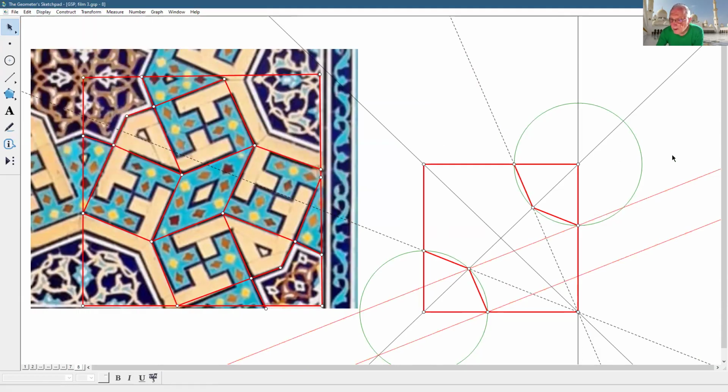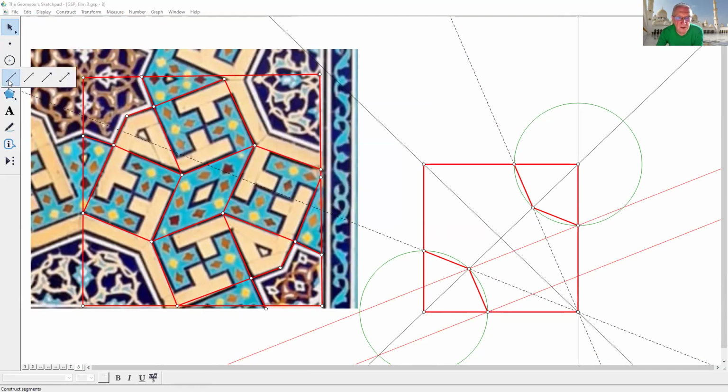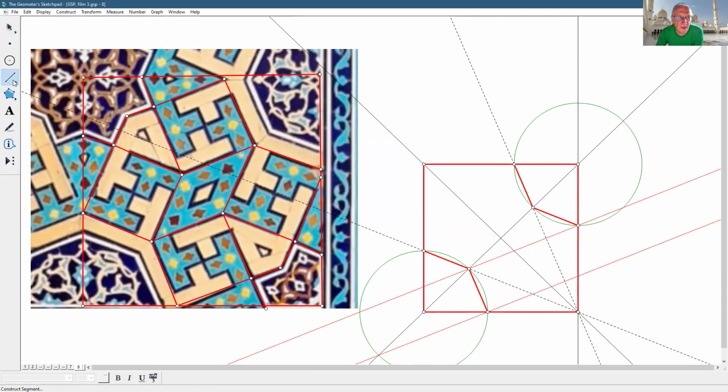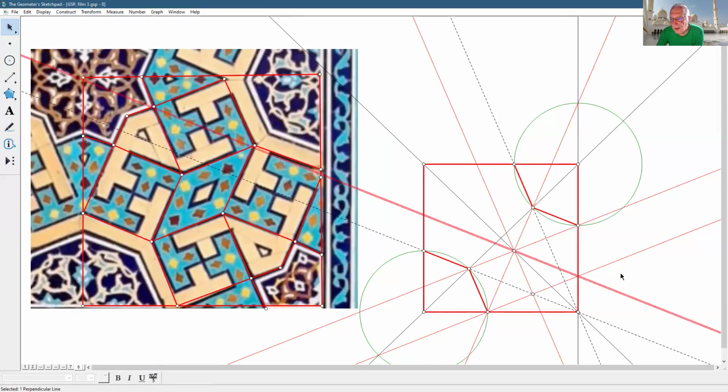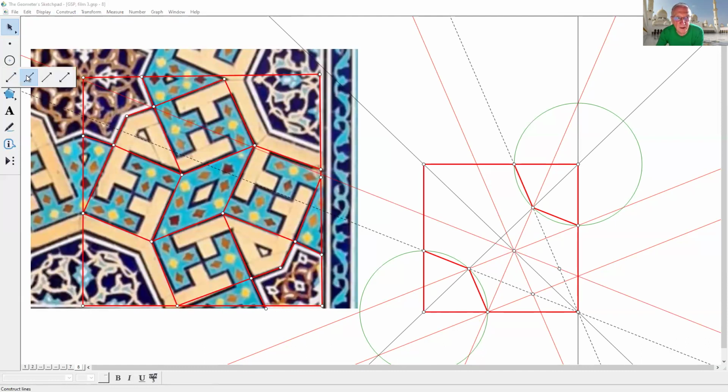Okay, I can leave them red because otherwise I will still be struggling with something. Okay, and then just draw a thing like this. You see how nicely I am getting things. Then get it like this. Okay, and now from this point I can make a line that is perpendicular. So construct a perpendicular line through this point, and then